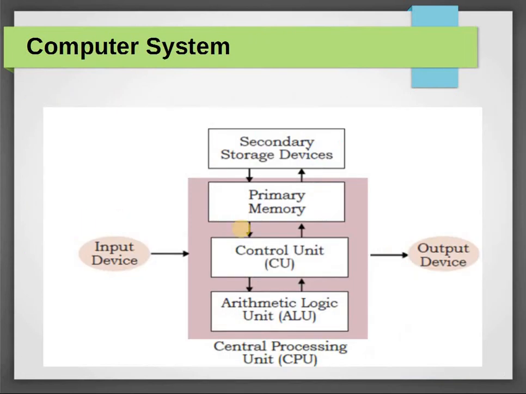Here I can show you in the block diagram of the computer to make it clear. See, this is the CPU made up of control unit and arithmetic logic unit, and here is the primary memory. But the primary memory speed is not as fast as this control unit or CPU, so the CPU has to slow down. If the CPU slows down, then our computer will perform slowly. That's why a very fast memory is placed between these two components, that is primary memory and CPU, to speed up the operation of the control unit, and that memory is known as cache memory.